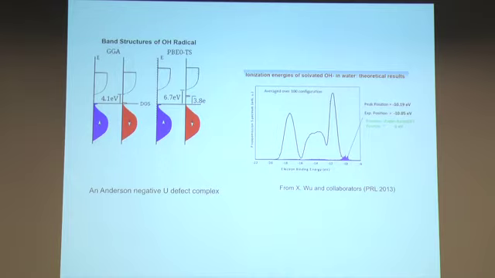Just as I mentioned here, this Anderson negative-U behavior: if the system captures an electron, there is a significant rearrangement of the molecule around it as the OH minus defect forms, and this rearrangement pushes the level down to the top of the valence band. This is taken from work by my former postdoc, Shifan Wu, who is now an assistant professor at Temple, in which one gets a good ionization potential for these states associated with this OH minus defect. So with that,